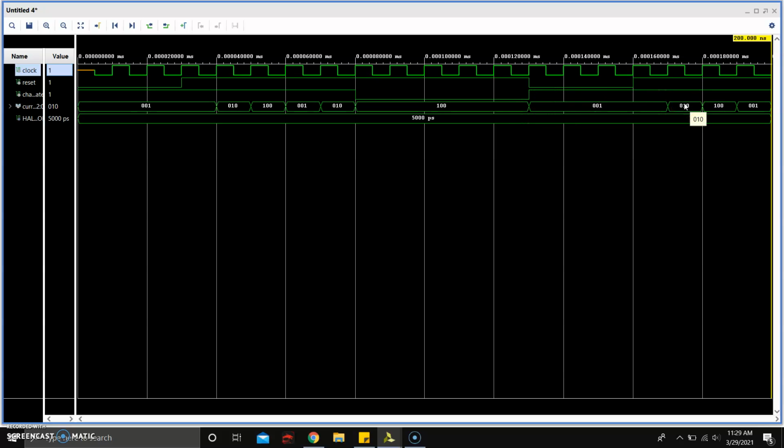So here we go. Proof that this design does actually work. What's happening here with this reset going low is it's just repeating my test bench. It's going to keep cycling through my test bench forever. So yeah, here we go. We've got proof of functionality of this FSM from